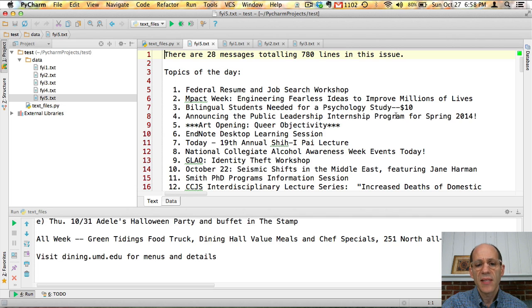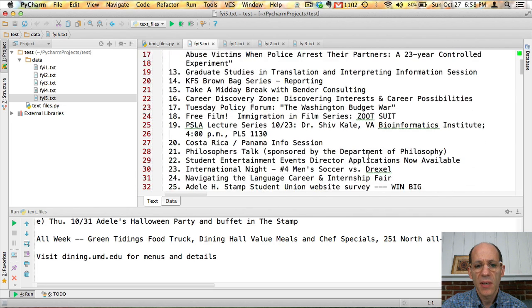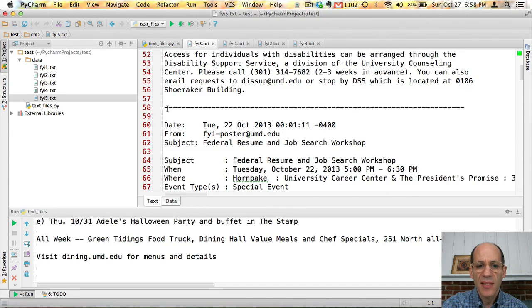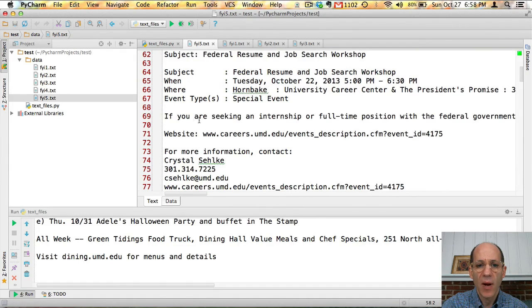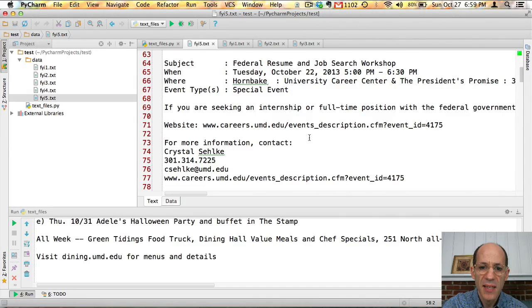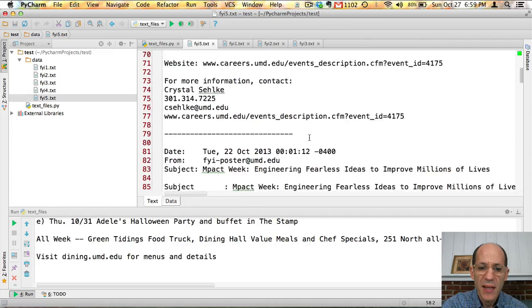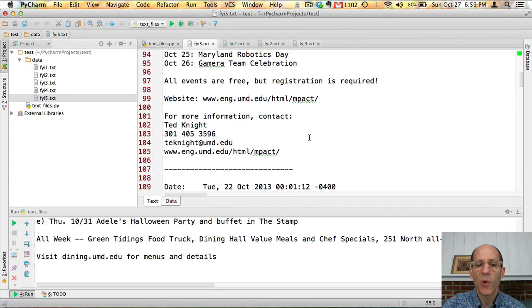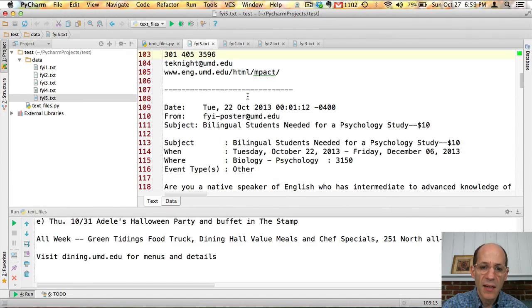So I want to write some code that's going to open any one of these FYI emails, extract each individual item one by one, and then within an item, pull out the subject, when it occurs, if there's a website, what the website is, and where it is. In order to do that, we're going to have to do some string processing, a little bit more than we've done so far. What I want to do is start by